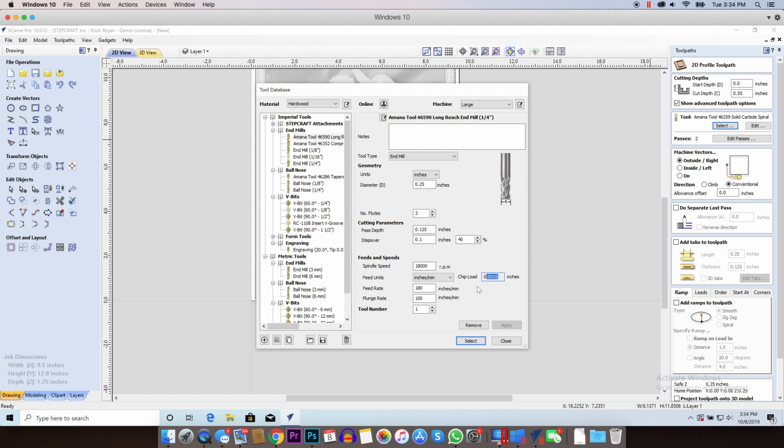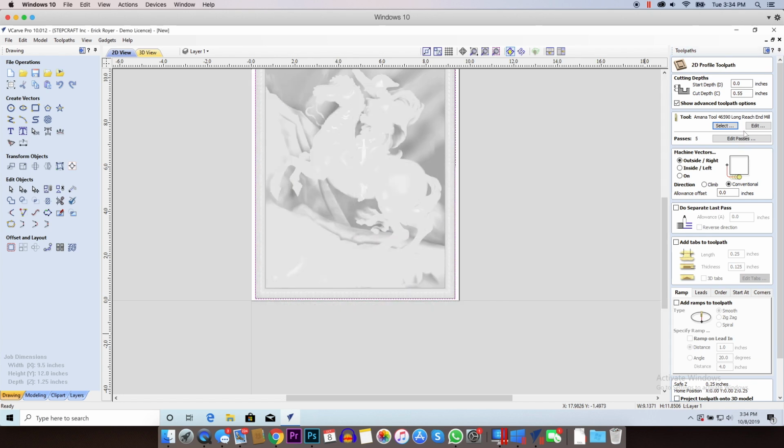I'm running a chip load on it of roughly 3.3 thousandths, and this is all according to Amana's feed and speed calculator and what they're telling me I want to see for a chip load. So I'm going to go ahead and select that. And my start depth on this is going to be 0.375. So I'm going to go down 3/8 of an inch, and